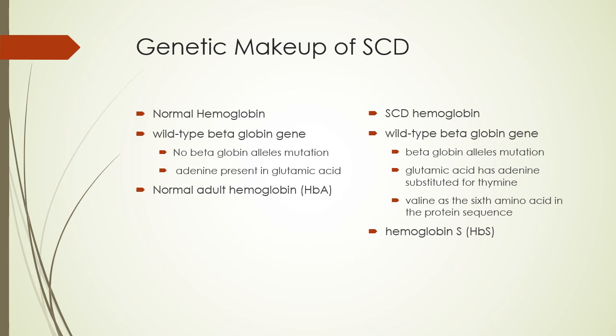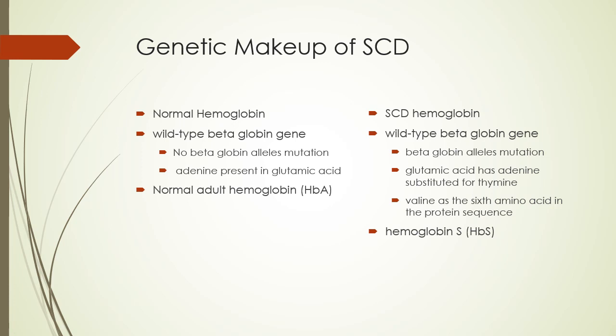Transcription and translation of the beta globulin gene are related to production of certain amino acid proteins, in this case glutamic acid. In the classic form of sickle cell disease, both beta globulin alleles have a mutation in which the DNA triplet coding for glutamic acid has a substitution of